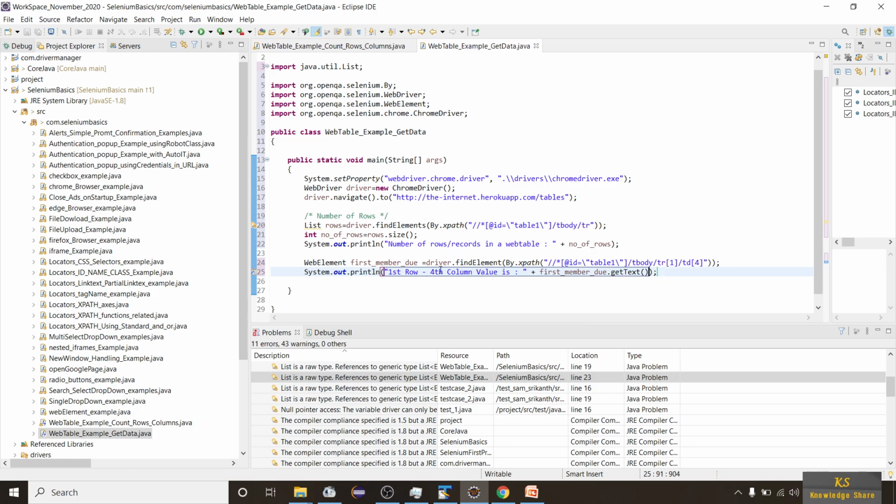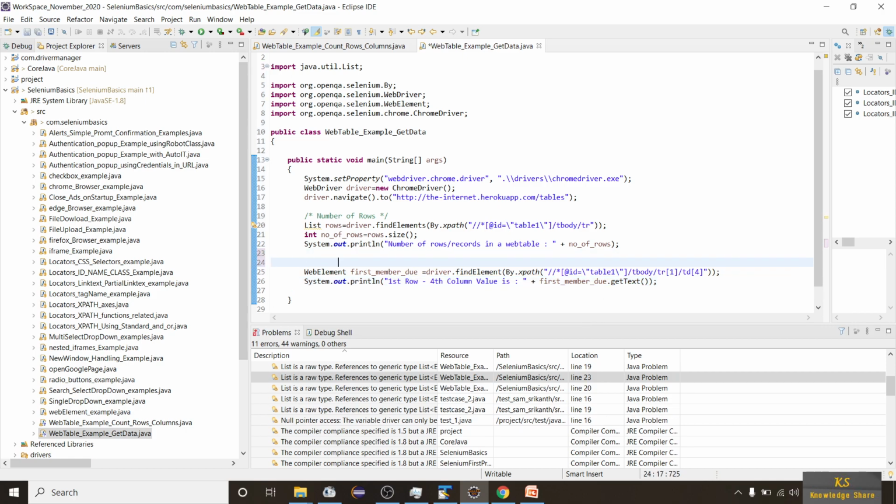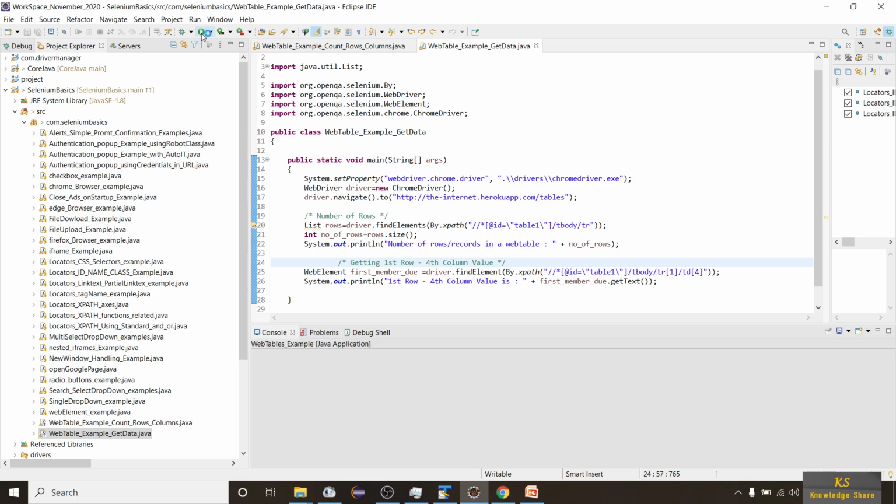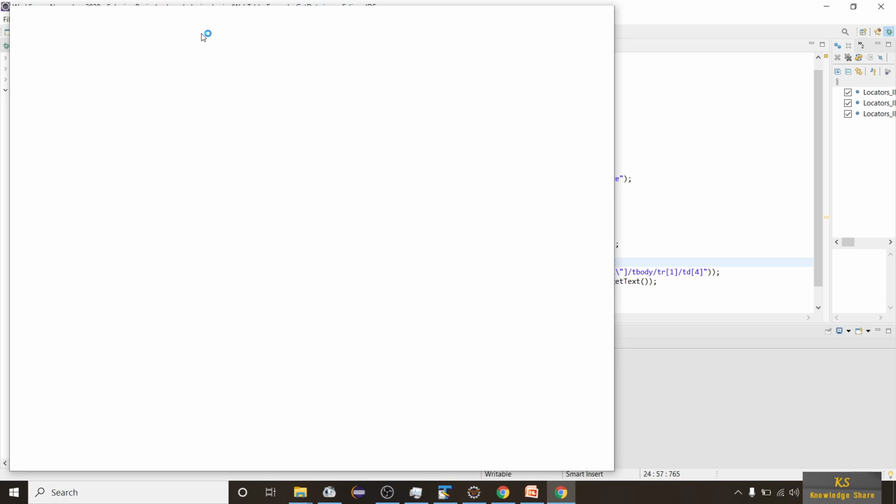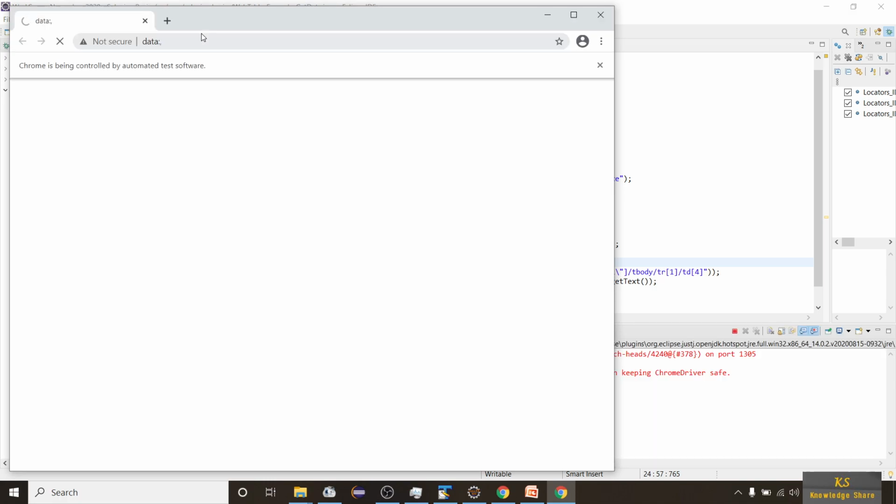Now let's run this program. Before that, let me mention here a comment: getting first row fourth column value. Okay, let us run this now. We can see the Chrome browser is getting launched with the web page that we have just seen.